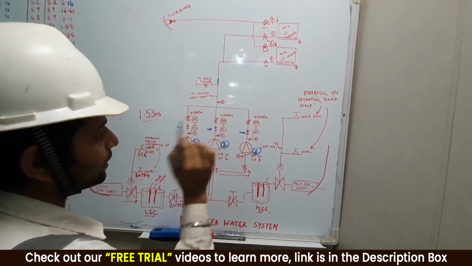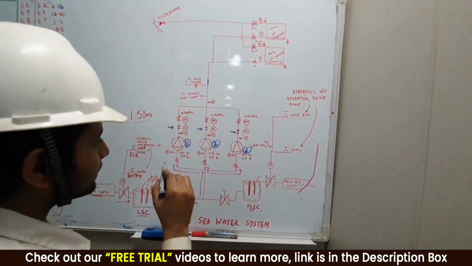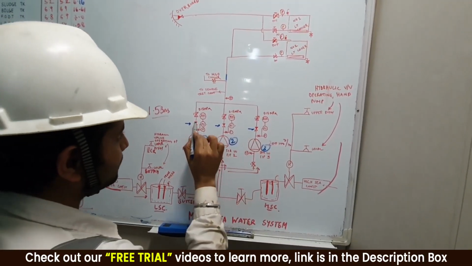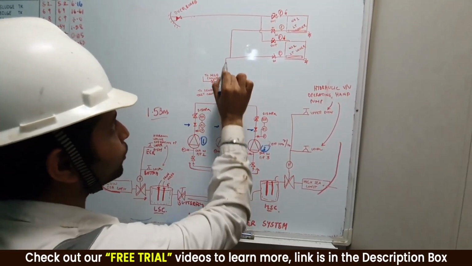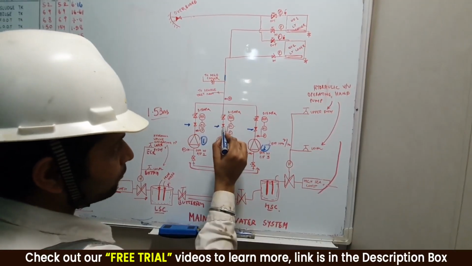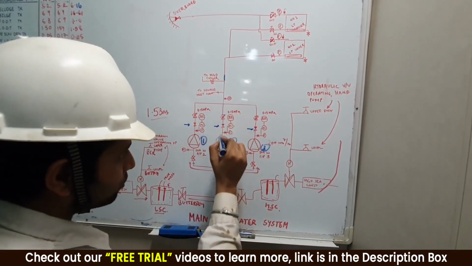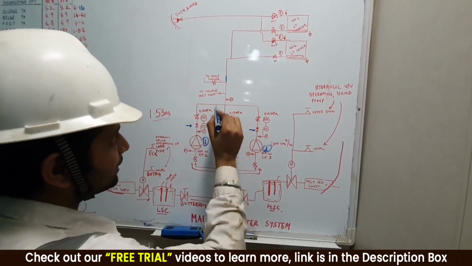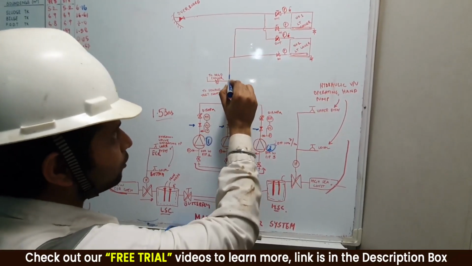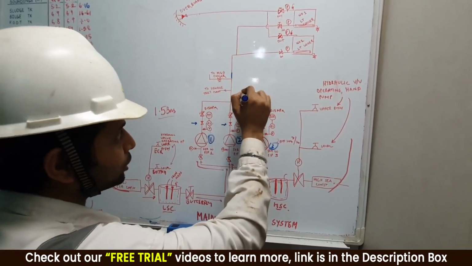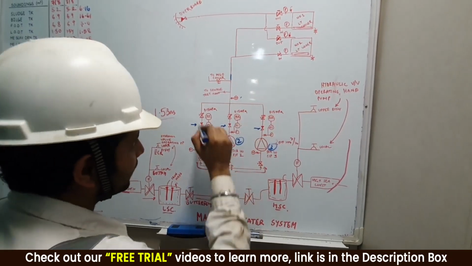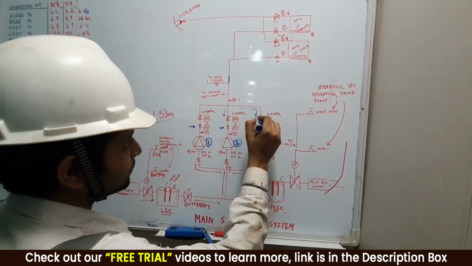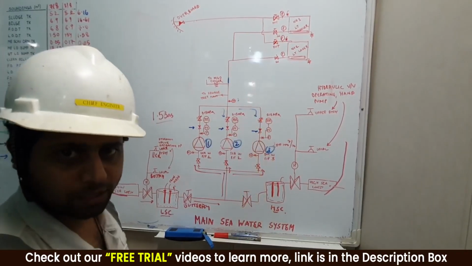Now why this non-return valve is given? Simple reason is, guys, see, suppose when this pump is running and all these two pumps are stopped. So what happens is water comes from over here and it is going over here. But if this non-return valve is not fitted, then this water will also go down over here, right? So what will happen? There will be a short cycling. Rather than water going only to the upper side to develop pressure over here, it will also short cycle down. So it will also go like this downwards. So there will be very less pressure developed over here.